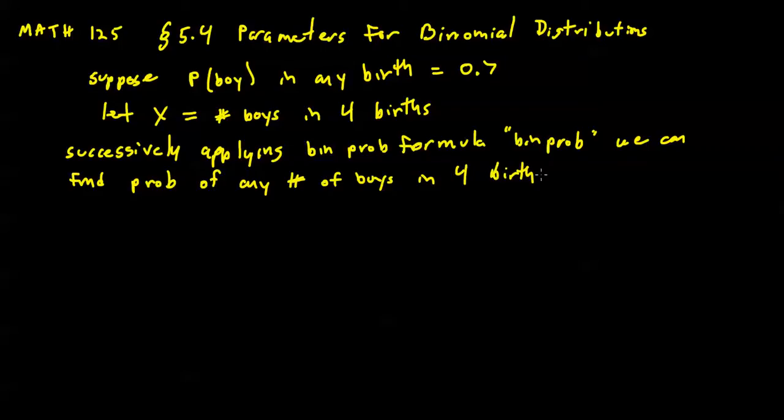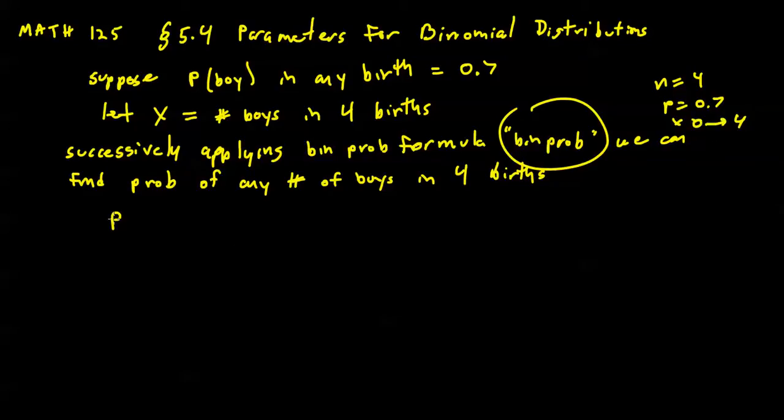Well, any number of births from 0 to 4, of course. Alright, again, using this Binomial operator with n equal to 4, p equals to 0.7, and x ranging anything from 0 to 4,